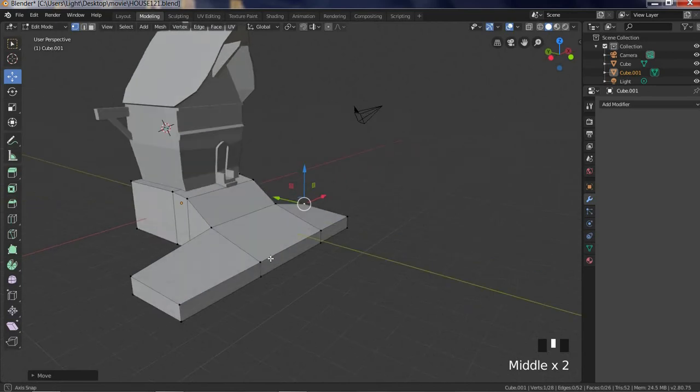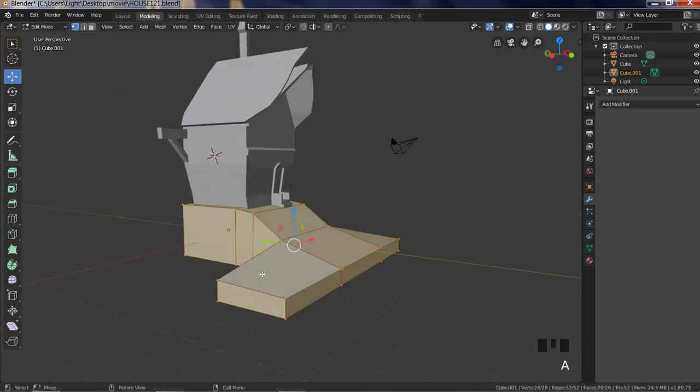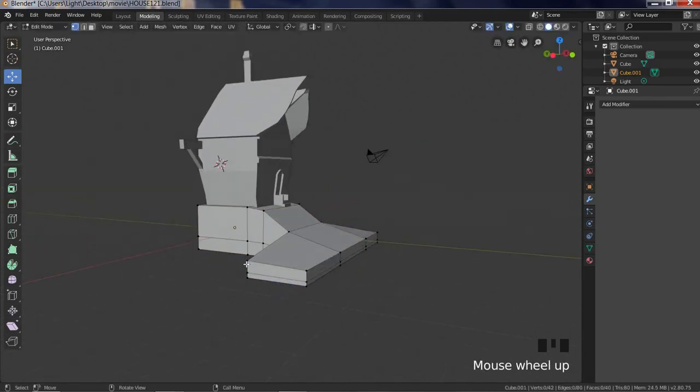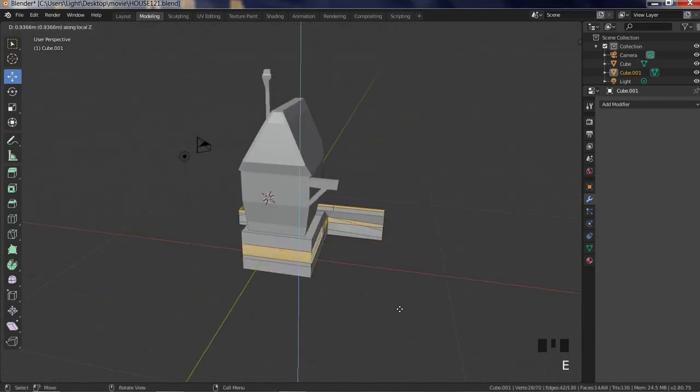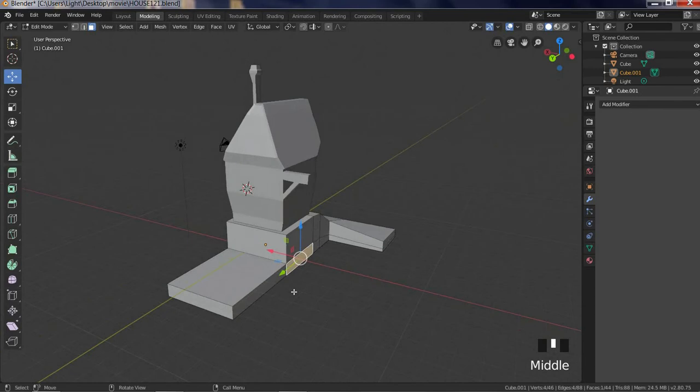All of this is created by primitive shapes such as a cube, extruding it, making loop cuts, and using simple modeling techniques for creating the base.